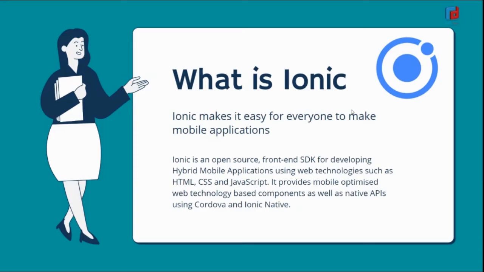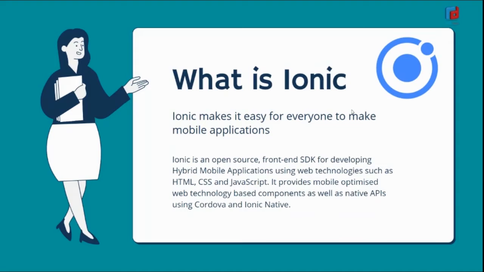So first thing was open source. So what do we mean by open source? Open source basically means that its source code is available to everyone. This is not owned by a particular company. Any person can take this and use it in their application without any issue. And the next thing is that it is SDK. SDK stands for Software Development Kit. So it is used for making the front end of mobile applications, like how it looks and all those things.